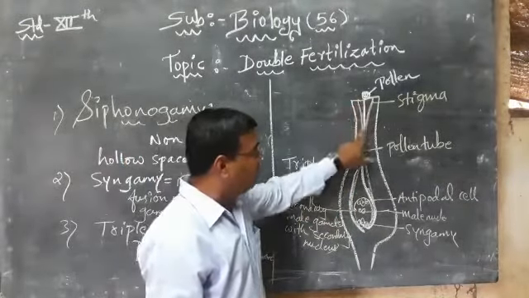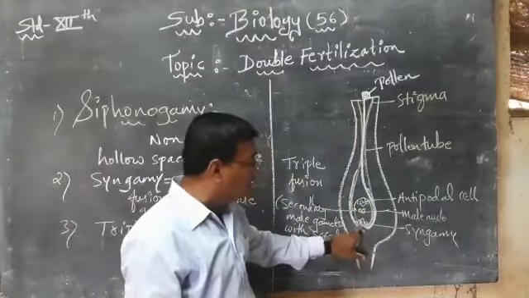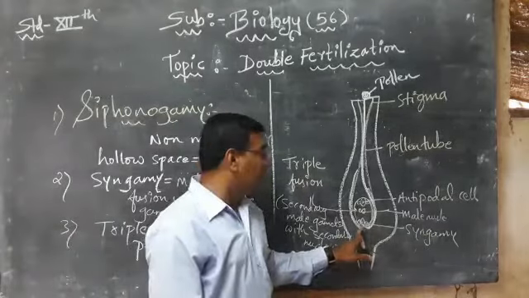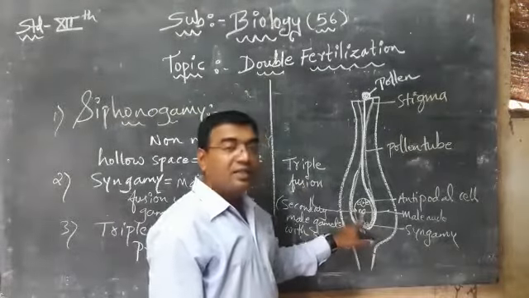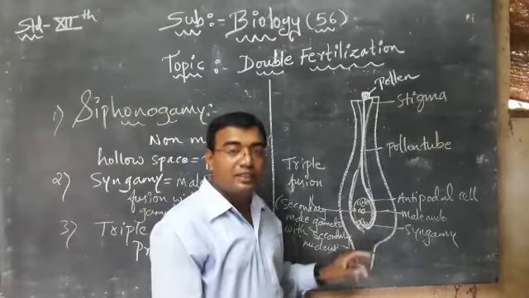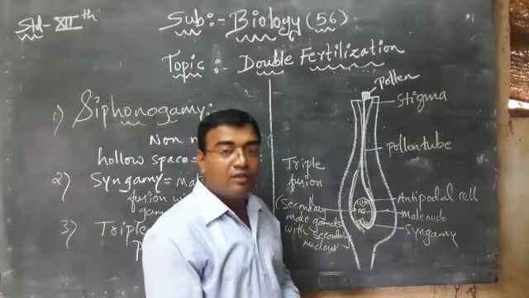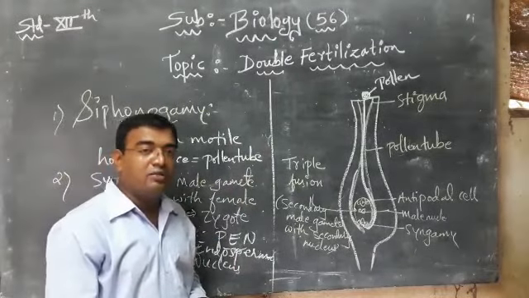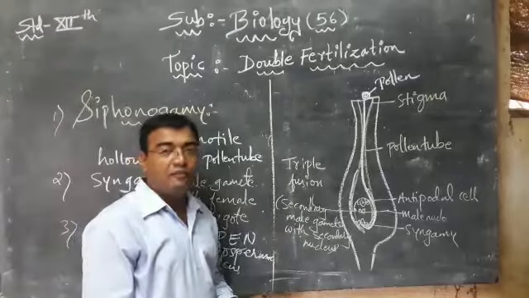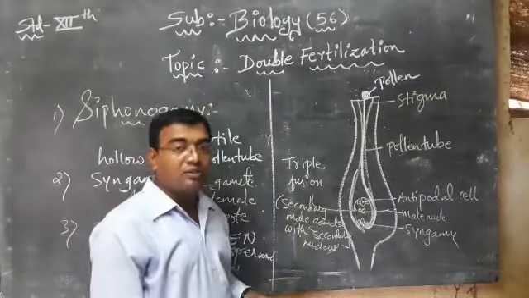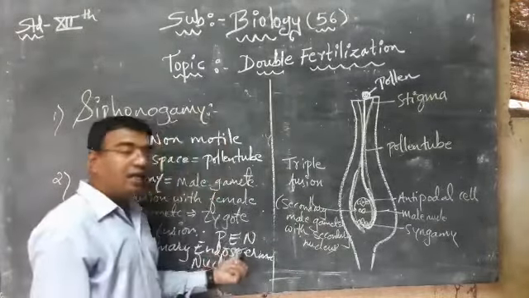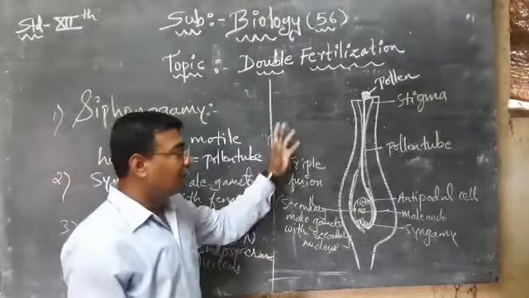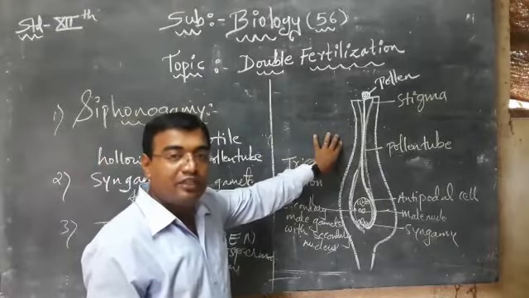The pollen tube will tend to enter the micropylar end. Once it enters the micropylar end, it will start fusing with the egg cell, and the secondary male gamete will try to fuse with the secondary nucleus for the formation of the endosperm. As we have discussed in our triple fusion, it forms a primary endosperm nucleus. This is a characteristic feature in double fertilization. This question is also asked in the NEET exam about the PEN. What is the full form of PEN? It's a primary endosperm nucleus, and also the diagram is asked for labeling in the activity sheet.